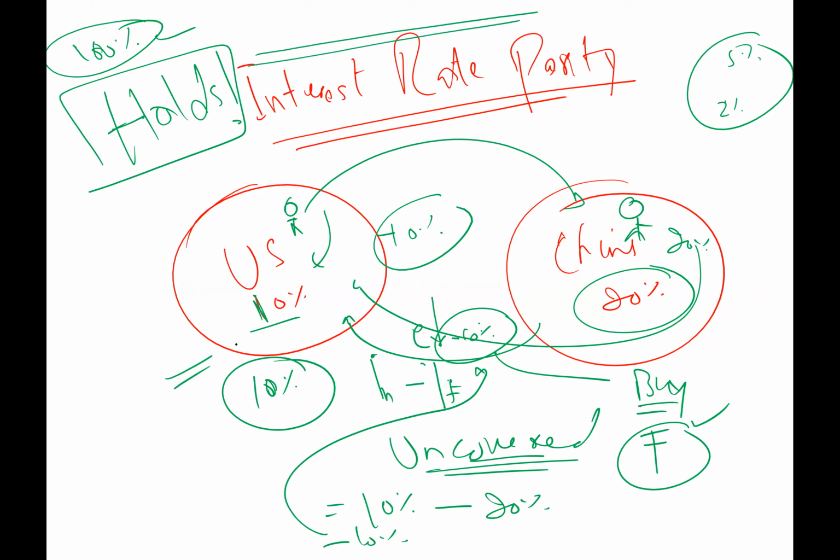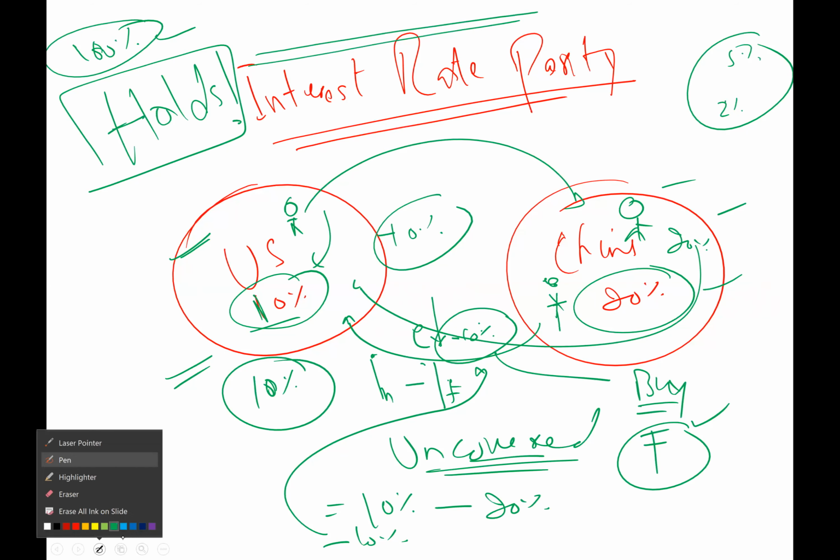So why hire a person who will assist you to invest in China? You pay a cost here. And then when you receive your yuan after 1 year, you hire another person to convert your yuan into dollars and send it back here. You also pay some cost to them as well, right? So if interest rate parity holds 100%, whether you invest in the US or in China, you will end up earning the same amount.